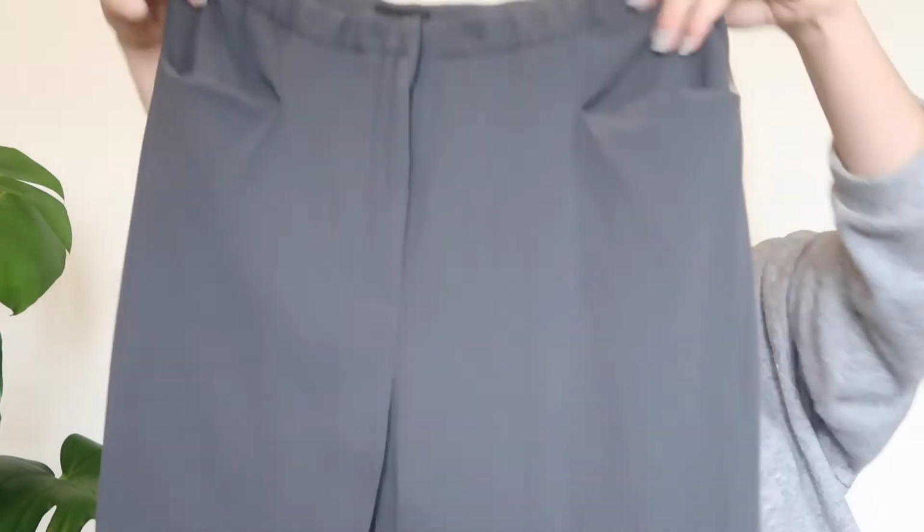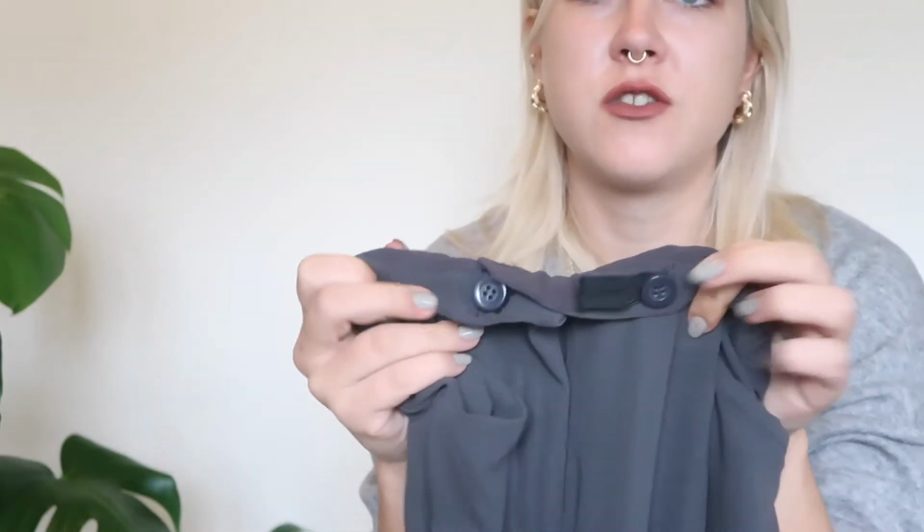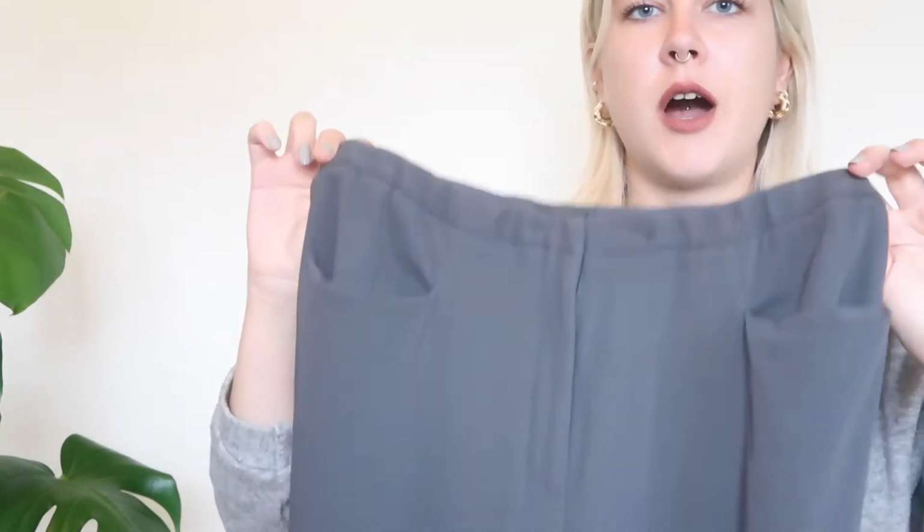The next pair of trousers that I'm going to show you guys was a very lucky find in a vintage shop in Box Park in London, and they are these Giorgio Armani suit pants. And yeah, I think it's a 46, which is a bit too big for me, but what I did was just cut them on the inside, put an elastic in. Yes, I know I should not do that because it's Giorgio Armani trousers, but I would rather do that than actually tailoring them,